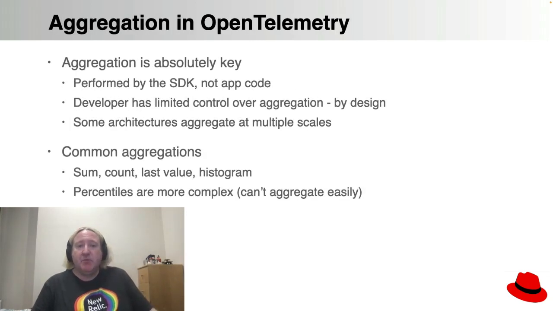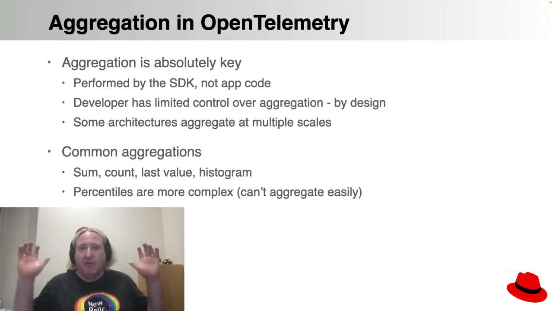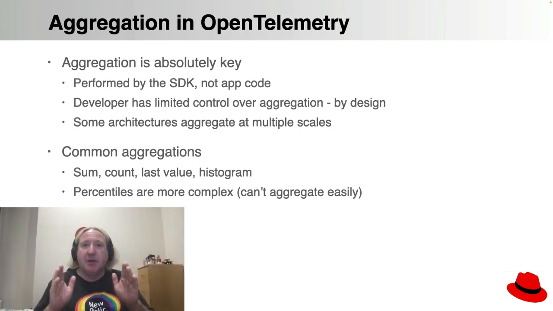One of the things which we should also say about OpenTelemetry is that it is a big scale project. It is designed to scale up to very large systems. So in some ways, it's an example of a system which is built for the big scale, but is still usable at medium and small scales. Because it's designed for big systems, it aggregates. And aggregation happens not particularly in your app code or under the control of the user, but in the SDKs. And it's possible to build complex architectures which do multiple aggregations at multiple scales.